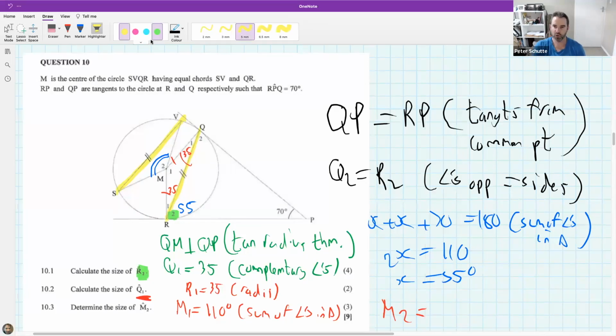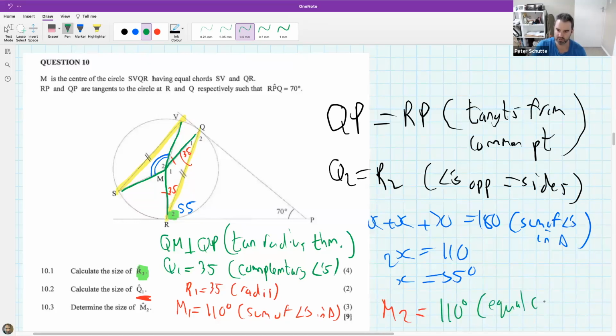Now, equal chords, there we go, Abongwe, you've got it. Equal chords subtend or build equal angles at the center and at the circumference for that matter. So because these are the same, and M1 is 110, M2 must be 110, because the official reason just goes